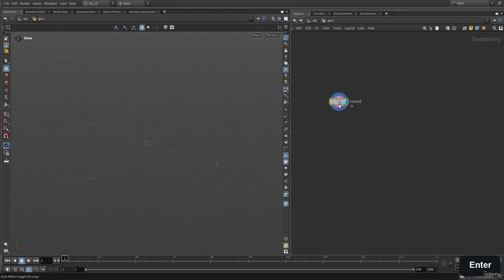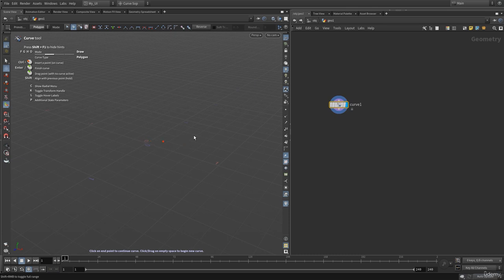Let's select this, and now when the node is selected, hover over to the viewport and press enter. Now we have the curve tool activated, and here as you can see, we have the curve tool. Now I can draw inside my viewport. I can press the left mouse button to add a point. Now I can move my mouse around, and I can add another point, and I can keep adding points